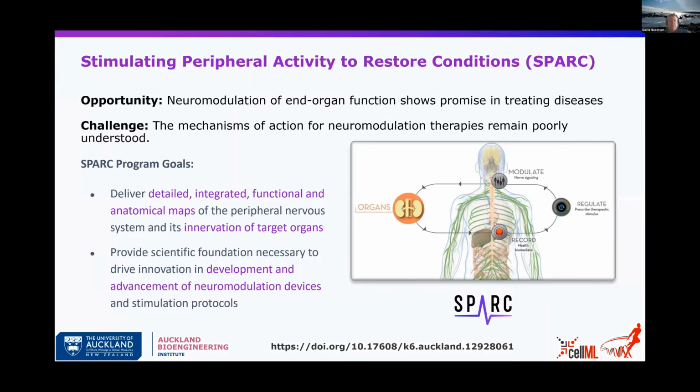So then just to shift gears a little bit, the other project I just wanted to briefly mention is the SPARK project, Stimulating Peripheral Activity to Restore Conditions. It's looking at how you can use neuromodulation to improve human health. And this is a massive project, and it's quite different in that they mandate and require FAIR data sharing. So all data produced in this project have to be shared, have to be open,